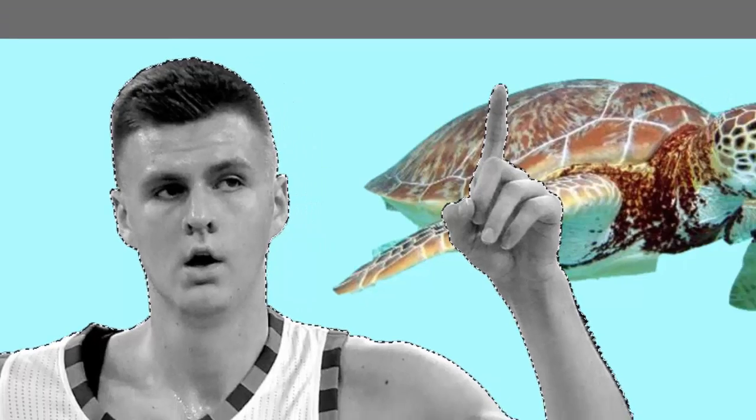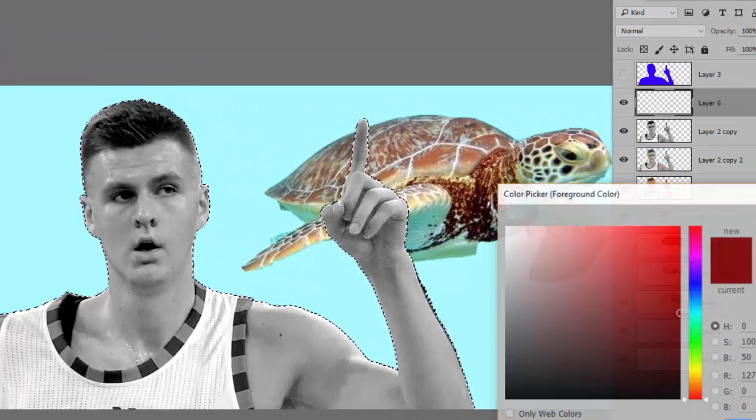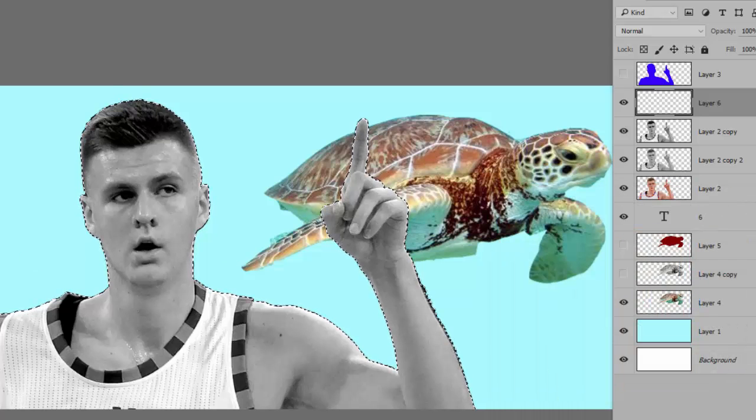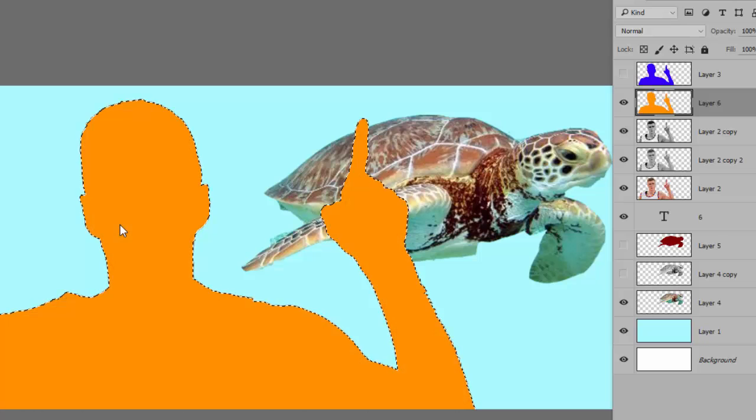Now, how did I add just this sort of bluish purple? Well, of course, we're going to create a new layer above it. We're going to select a color, and we'll do orange. Why not? And we're going to use the paint bucket. We're going to click once, and then simply Command D to deselect, and we can see that it's isolated just to that area of